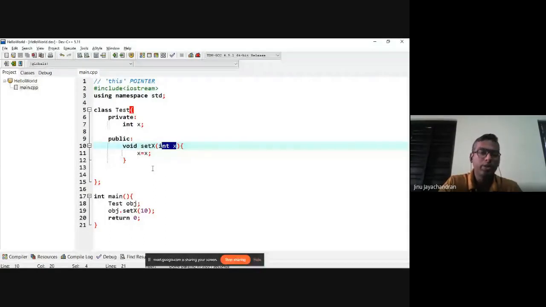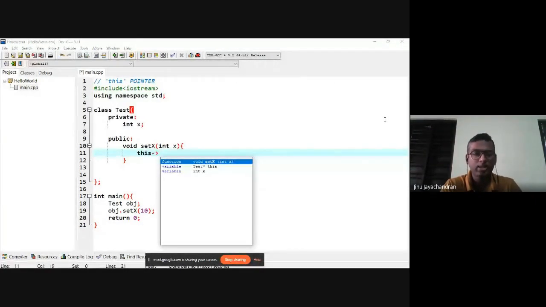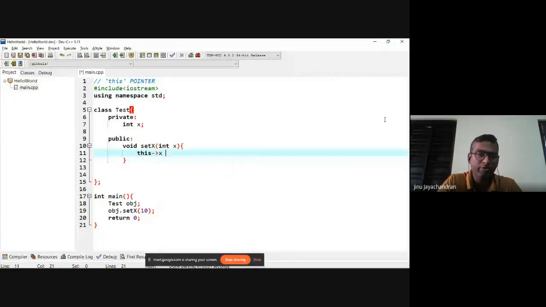To distinguish between these, we use the this pointer. If I say this arrow x, it means we are referring to the private variable of the current object. My object is obj, so when I say this arrow x, I am referring to the private variable x of obj, that is line number 7.